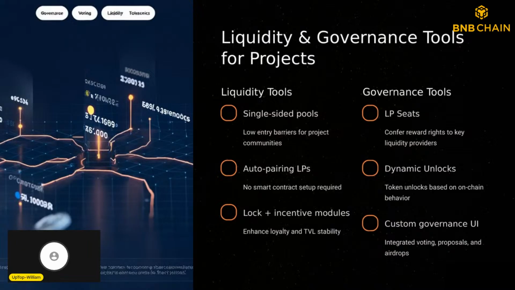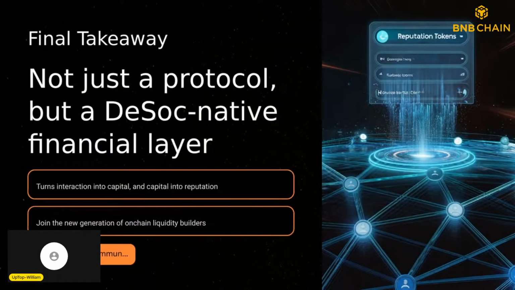The projects can incentivize their communities, control governance, and manage token unlocks seamlessly. Here are the major points we wanted to share, and last but not least, we also welcome more developers to join our project to make this DeFi platform more powerful and more popular.